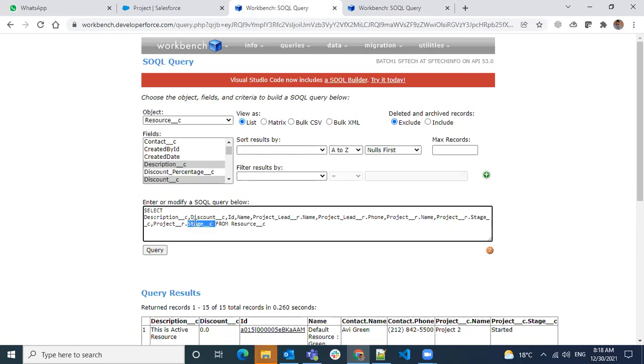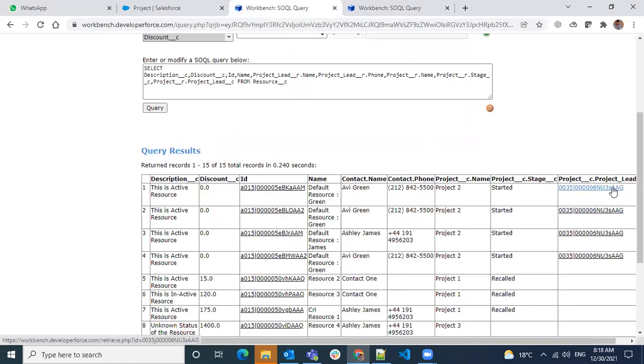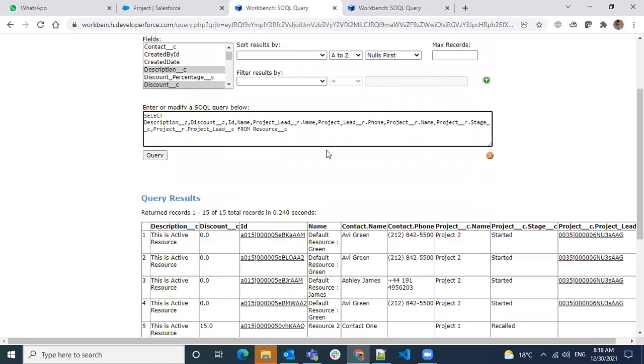So along with stage, I want to see the lead information on the project. Along with stage, I want to look at the project lead from a resource. It is also a lookup field, so I want to go to this lookup and display the name.